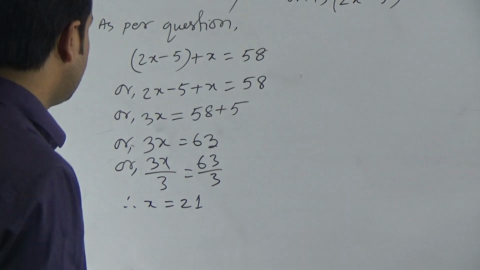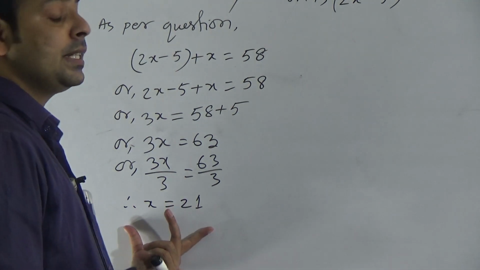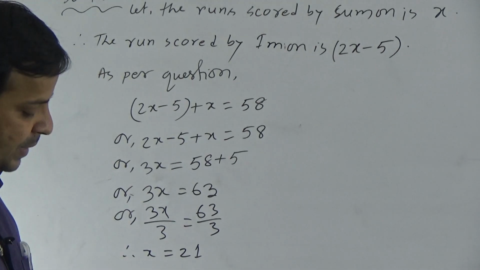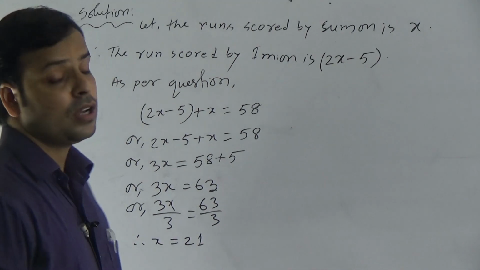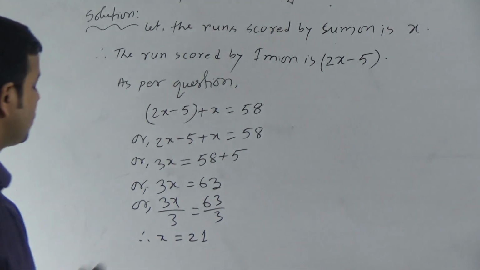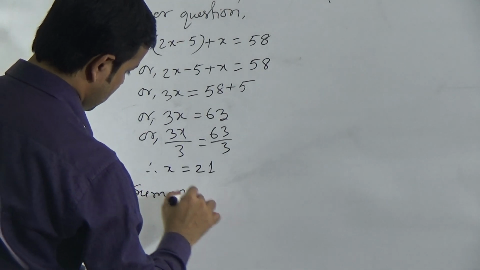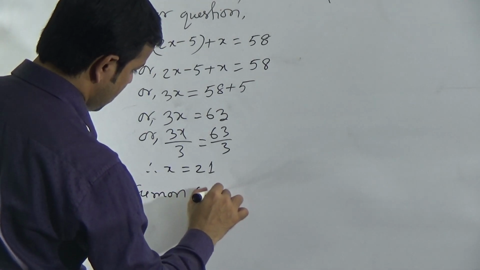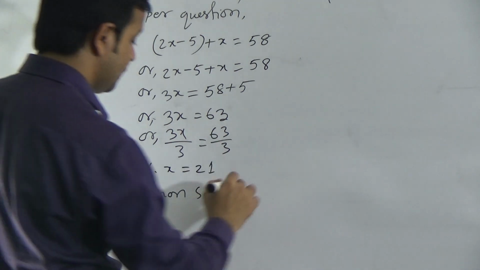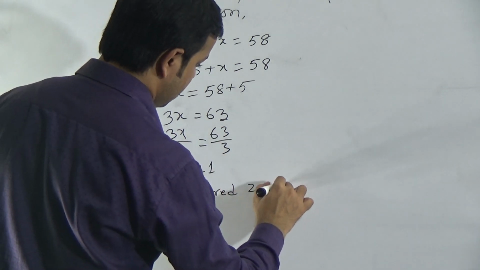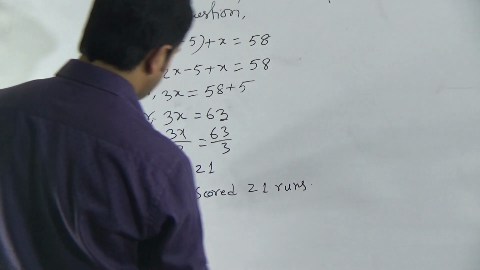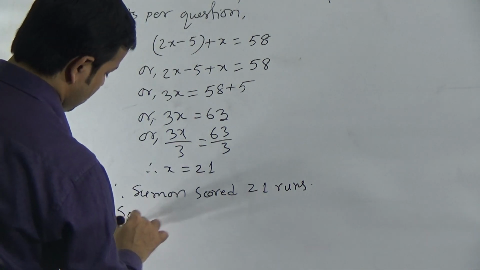Okay dear students, what do we mean by x? x means the runs of Shumon. It means Shumon scored 21 runs. So Imon scored